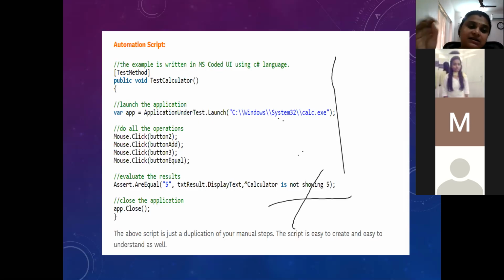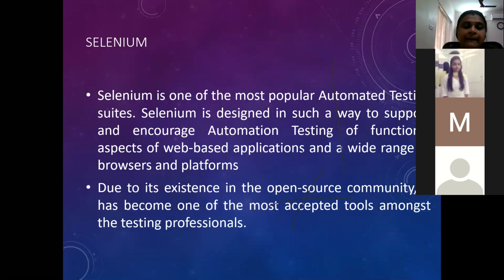So validate, assert, checkpoint, all this means that when you're using it in an automation script, the usage of this particular method is to check if your expected outcome and your actual outcome really match. If that is not the case, if it is not matching, then you will have to do exception handling. So these 4 steps, if you want to write a simple script, this is how we can write. It's all about automating it. Saves a lot of time and effort.